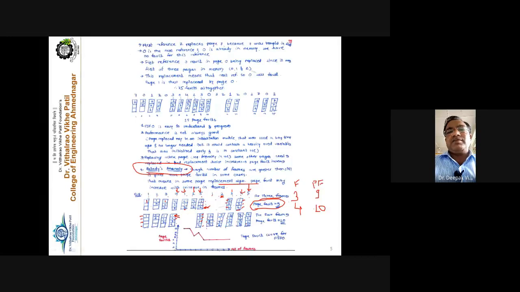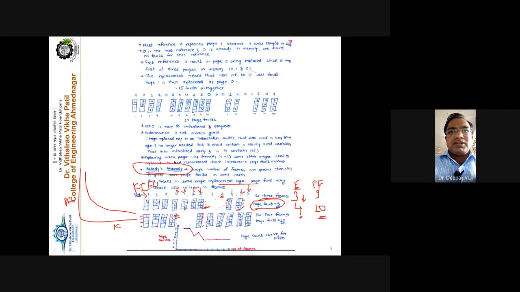But it is expected that as you go on increasing the number of frames, your page faults must decrease. But here you are increasing the frames, and your page faults also increase. So this particular phenomenon is called Belady's anomaly. What we have studied earlier, this is our graph, and the graph says that increasing your number of frames will definitely decrease your number of page faults. But in this particular case, this is not true. If we take this particular string and follow the FIFO algorithm, this is not true for this string, right?